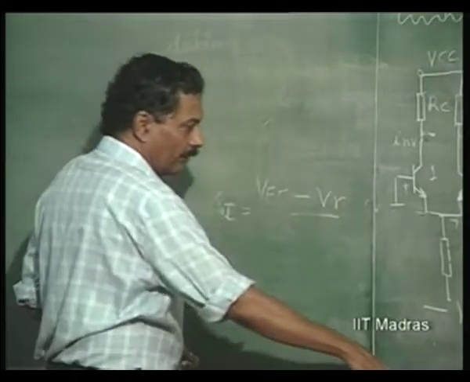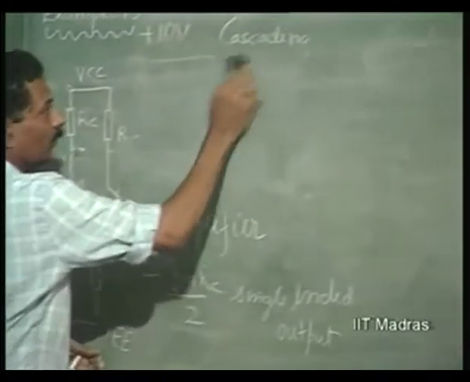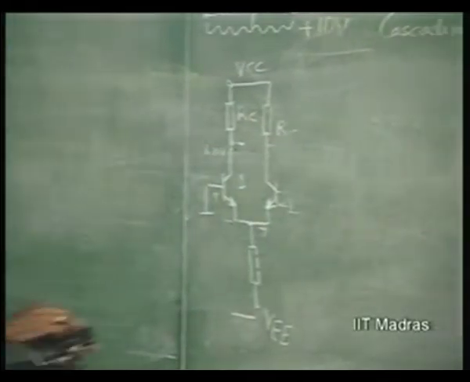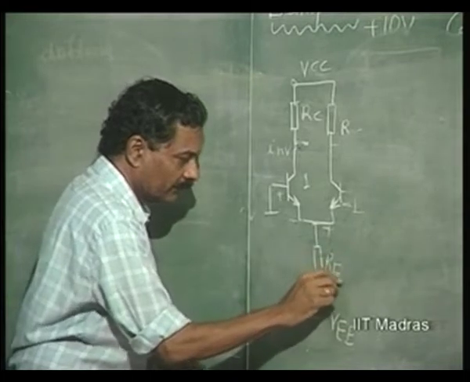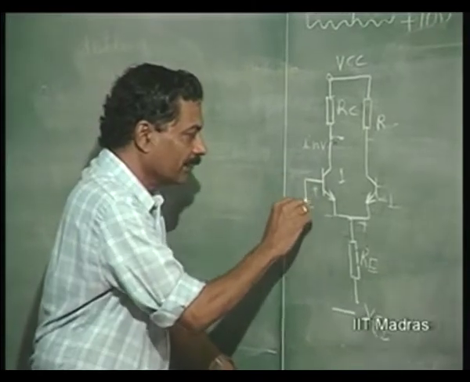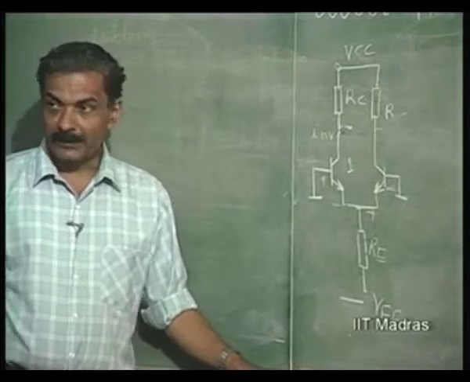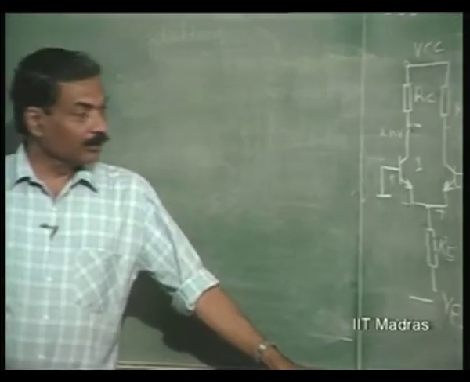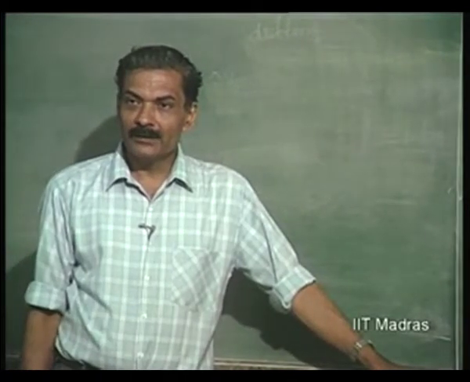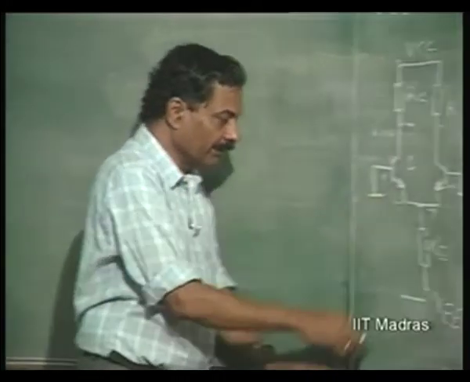So, we will see what happens to a differential amplifier when we have different types of signal. Now, this structure is important. It is a symmetric structure. So, it behaves differently for different types of inputs. What are these inputs I am talking of? Any two signals given to this,